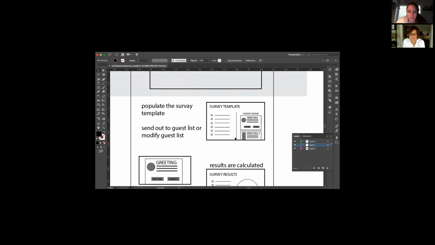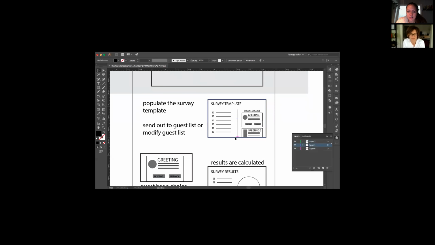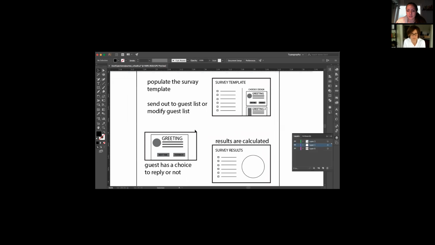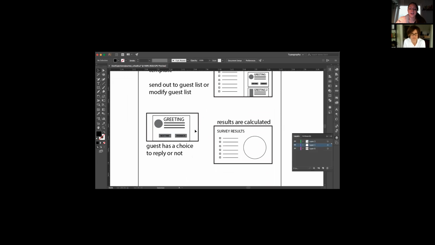This survey template will then go out to the guest list, and this guest list, you'll have the ability to modify depending on the goals of what the survey is. So maybe there's some sponsors or some guests that didn't sponsor money that you don't want to necessarily send this survey to. That gives you the option of catering the survey to certain needs for the goals at the end of the day, basically. The ROI, whatever it might be. So